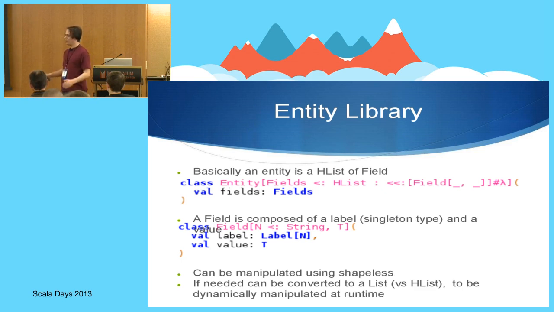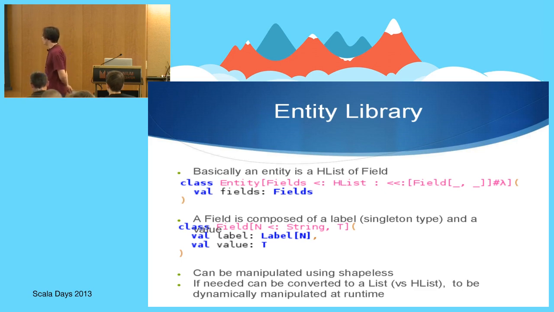So before, we saw a property, which was just defining the type and the name of a property. A field is the same, but there is a value, for example, ID equals 100. So an entity is simply an H-list of fields. So we use the same type class here to witness that the type will be correct.